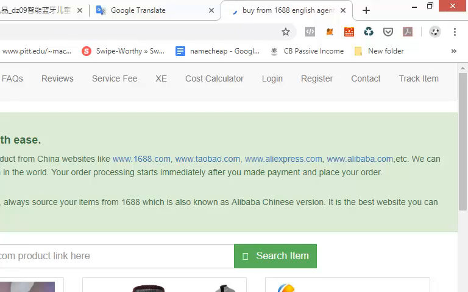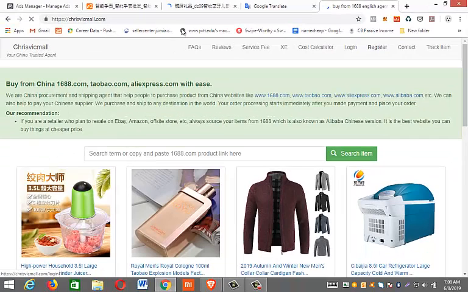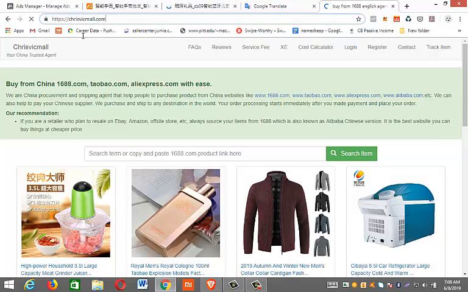So they are in Nigeria. They have an office. I think their office is in Ikeja. Yeah, I've been there before. Their office is in Ikeja. So if you want to register, you click this button,